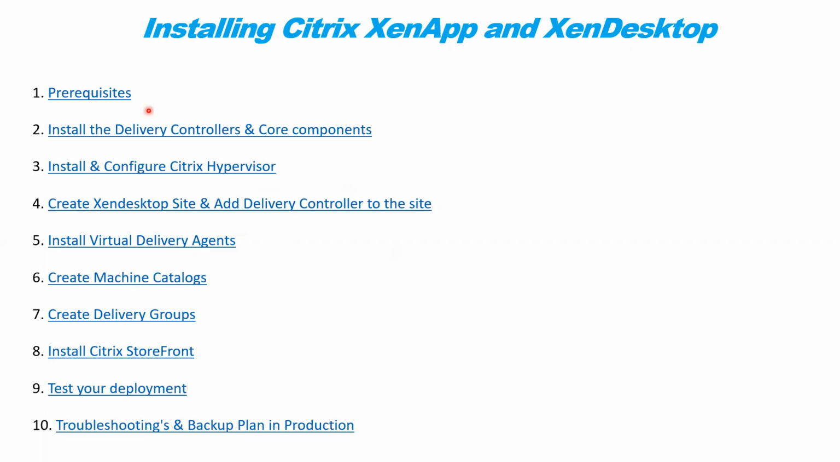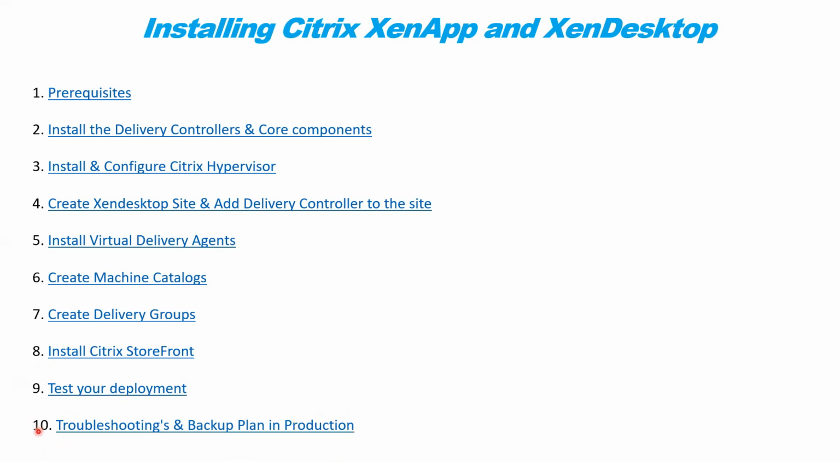The delivery controller which we will create in the second step, we will again add that delivery controller to our site. After this, we will learn how to install virtual delivery agents, how to create machine catalogs, how to create delivery groups, how to install Citrix StoreFront, and after that we will test the entire deployment that we have created: how to launch virtual machines, what the backend processes are, and what kind of issues we can face. And in the 10th step, this is for almost more than 5 days, and in this one